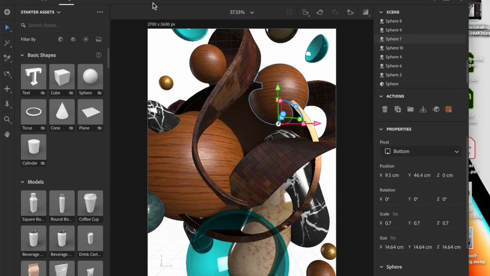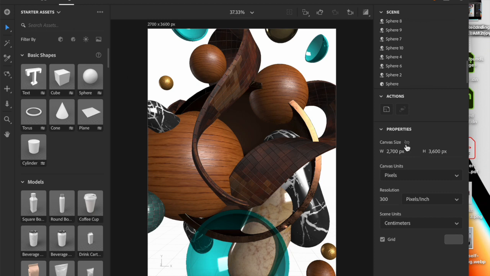So what I'm going to do is make sure that I have my selection tool selected. I'm going to click on the black area so that I can triple check my settings. We want to make sure that we're operating in inches at 300 DPI resolution, and this is 9 inches by 12 inches. Everything looks great, so I'm going to go here, and this time I'm going to put the period